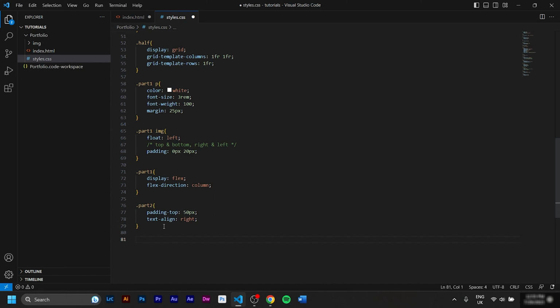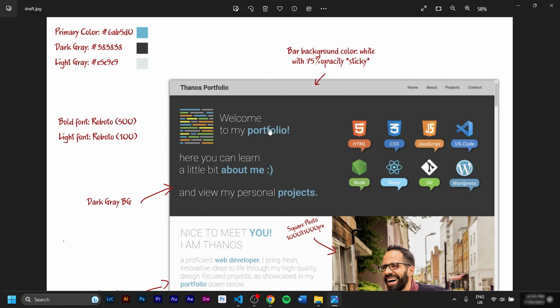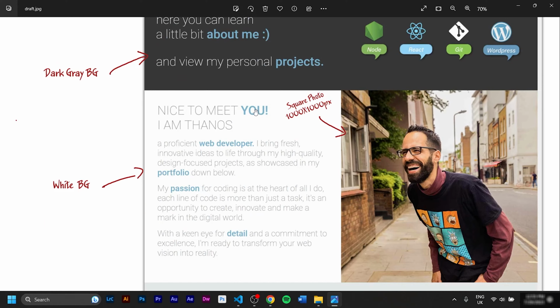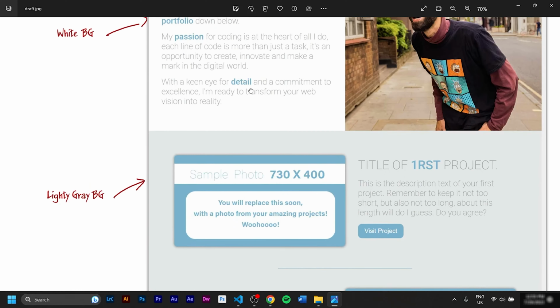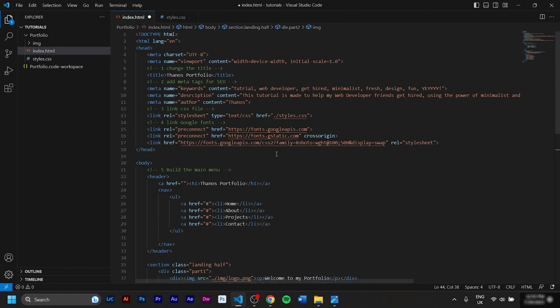And now let's target the images, dot part 2 space img, and we'll give them a margin of 5 pixels. Let's hit save, Ctrl S and refresh. Looks perfect actually. So the last thing to do is style these words. The whole sentence is white and thin, but these words are bold and they use the primary color. And if we scroll down, we see that this pattern continues, and the best way to do it universally is to use span. Let's go back to our HTML.